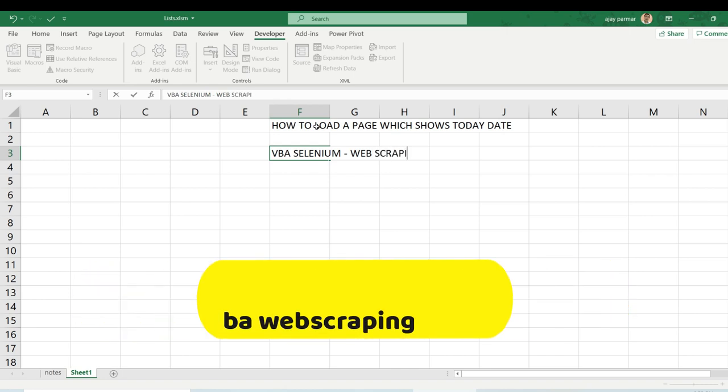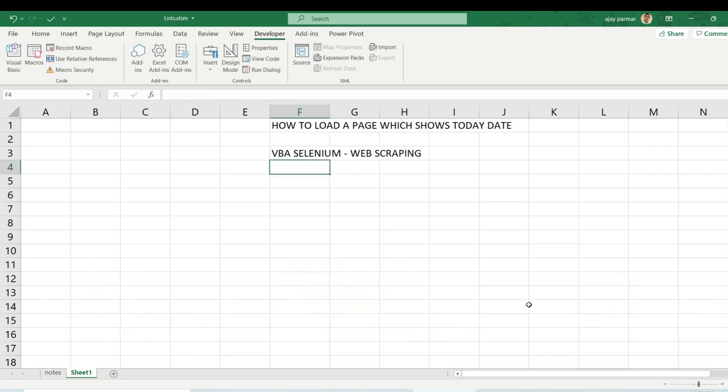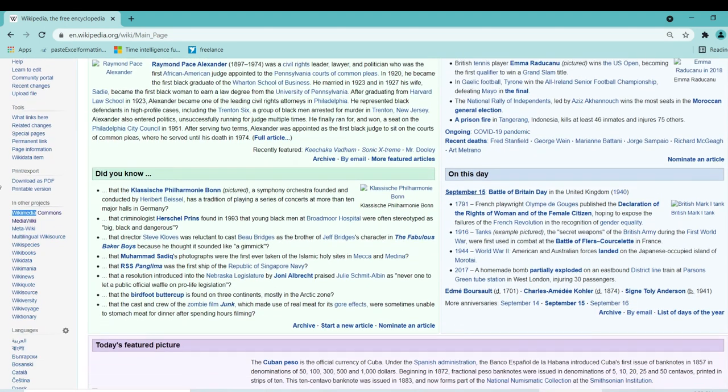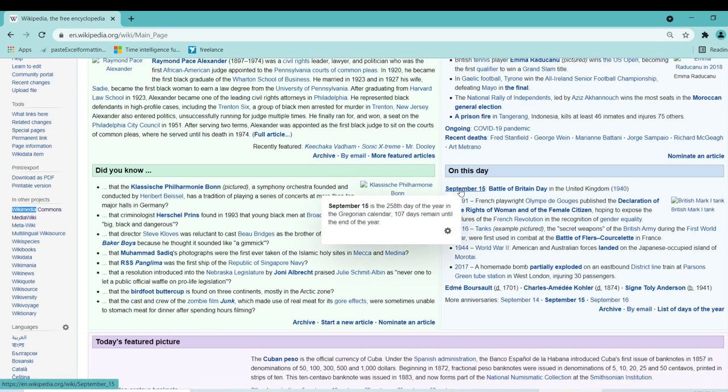So now the thing is, let's take some website example. Suppose this is your Wikipedia main page. On this main page, every day we have different updates for that day, like today is September 15, right? Now tomorrow it is going to be September 16. Now how can you make sure that if you load this page, it always takes you to this page,